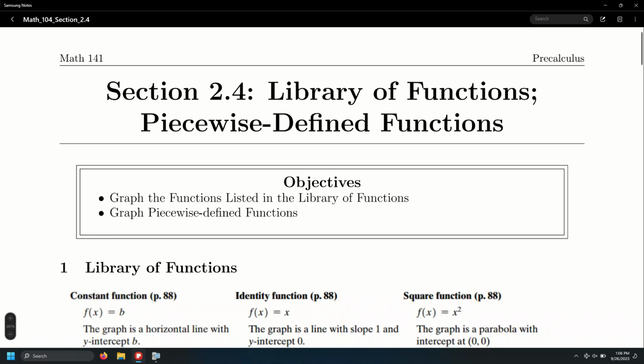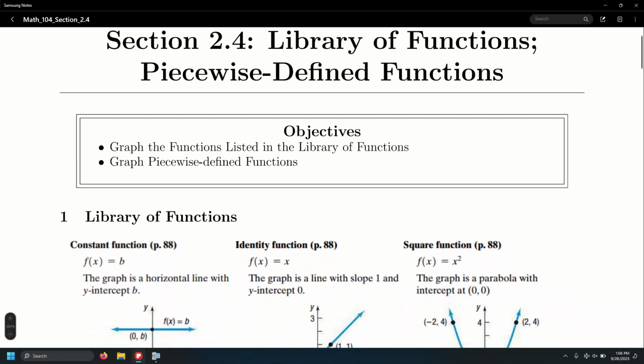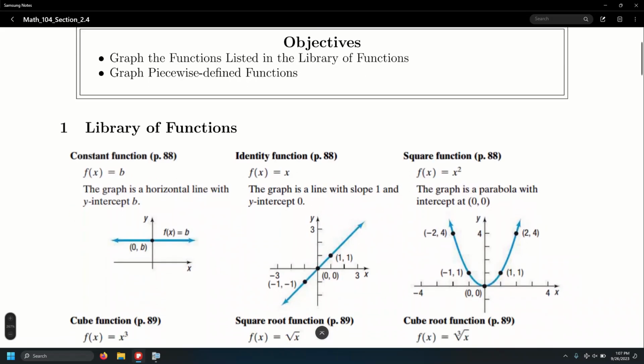Section 2.4, we are going to review the parent functions, the basic functions, and the graphs that we should picture in our heads by just looking at the function. All right, that's number one. And number two, we're going to graph what we call piecewise defined functions, which are functions that are defined in different pieces for different intervals, and therefore in the same graph we will have, for instance, a portion of a graph of a parabola, then maybe a line, then maybe a radical function. Well, there are many crazy things that we're going to do with piecewise functions. All right, well, in the meantime, let's review all the different